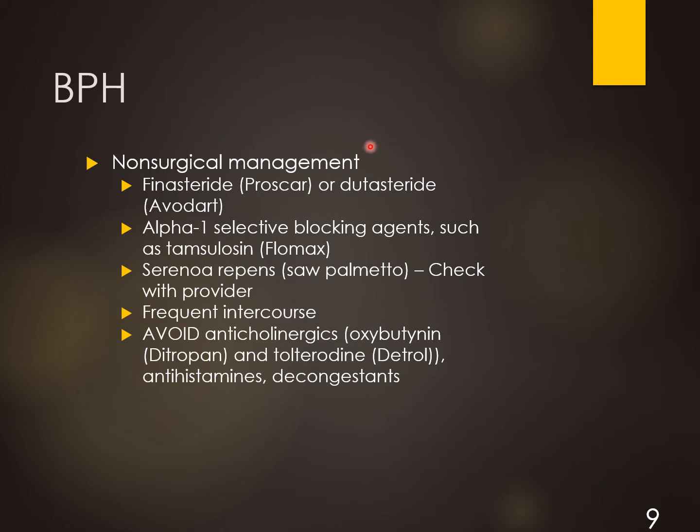One of the first things that we will probably do is pharmacological management of somebody's BPH symptoms. So we definitely need to improve their urinary elimination. That is our priority. We prefer the patient to not have any urinary hesitancy, urgency, and infection. So what drugs are we going to give them? We're going to begin with